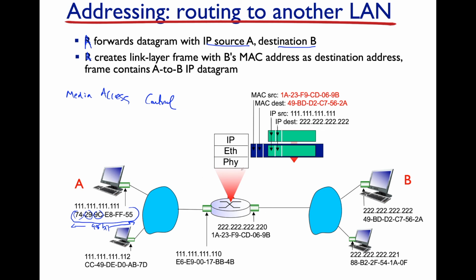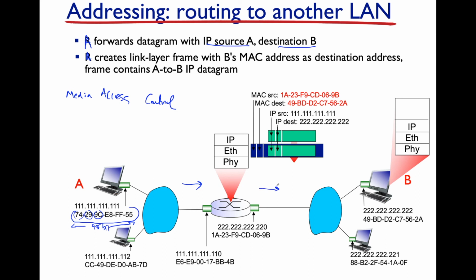And so what happens then when this frame gets to the router? Well, this router has two interfaces. One interface it shares with the network for host A, and the other interface it shares with the network that's reachable to host B. And so here, when we get to this router, we send to the MAC address for this router, and then when the router gets this datagram, it changes the source MAC address and the destination MAC address